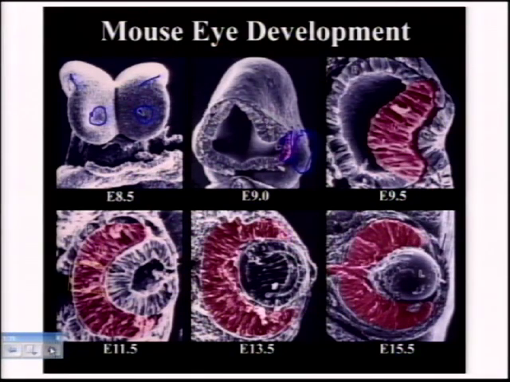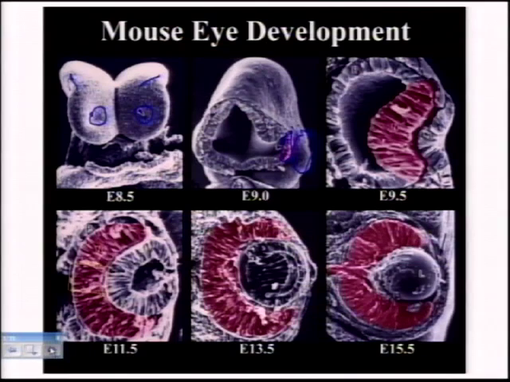Then at E9.5, you see that the neural retina and the presumptive lens have now gone the other way. They're pushing inward. They're invaginating. And this invagination causes something called the optic cup, a very famous tissue that's been looked at for 80 or 90 years in developmental biology. And these two tissues are in the midst of forming their particular structures, the neural retina and the lens.